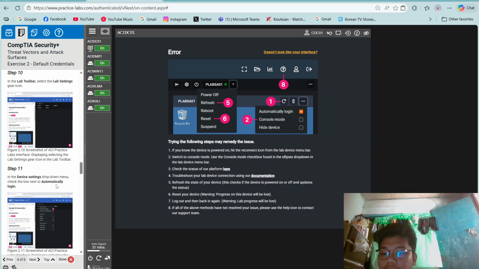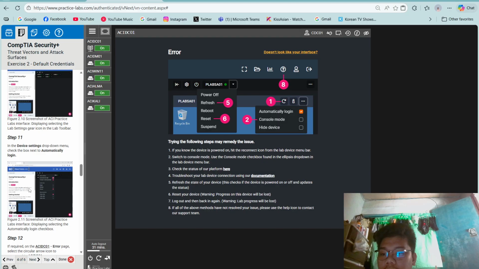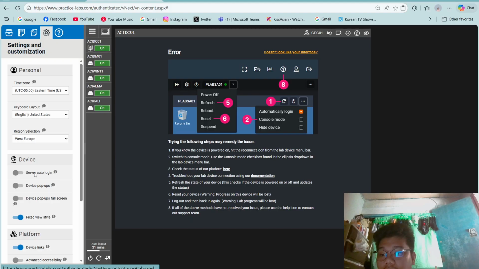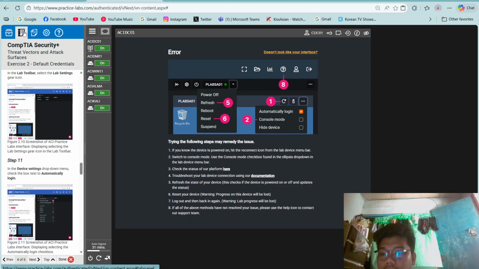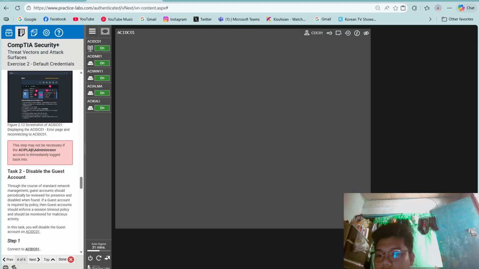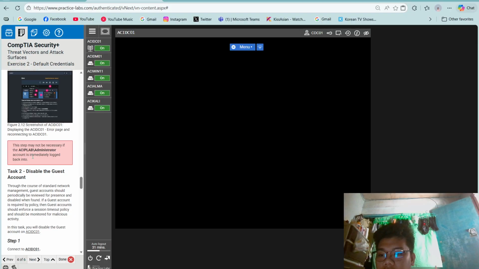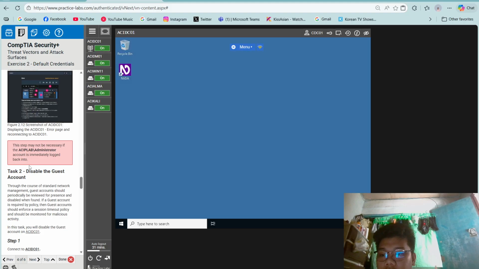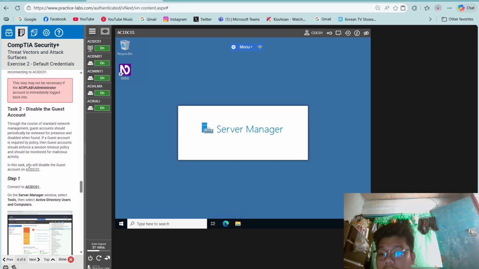In the device settings drop down menu, check the box next to automatically log in. Then if required on the inside page, select the circular arrow icon to reconnect. This step may not be necessary if the ECIP lab or administrator account is immediately logged back into.